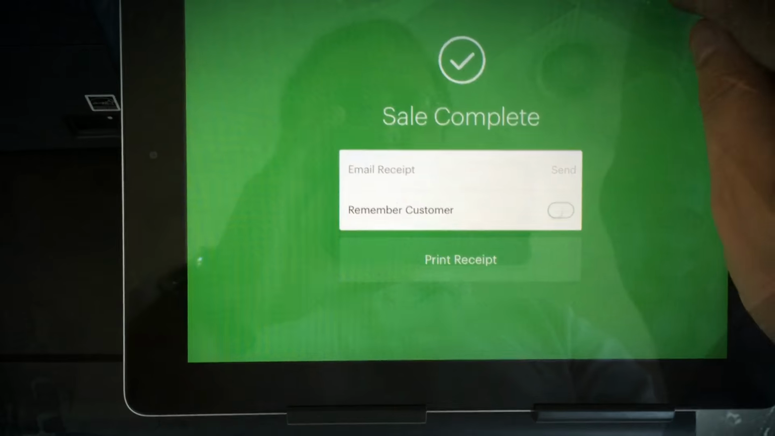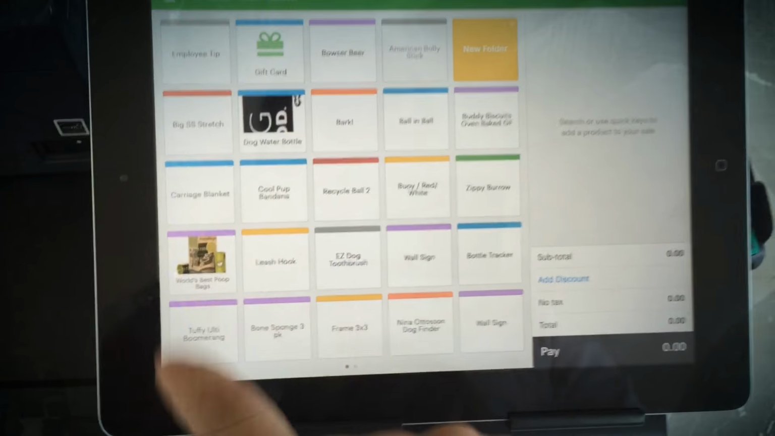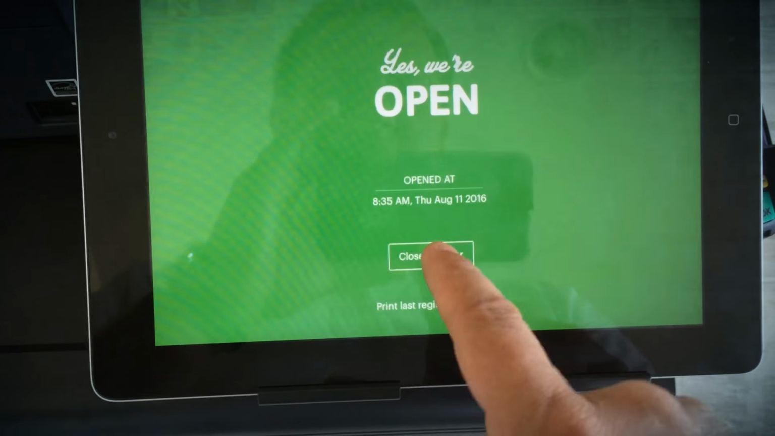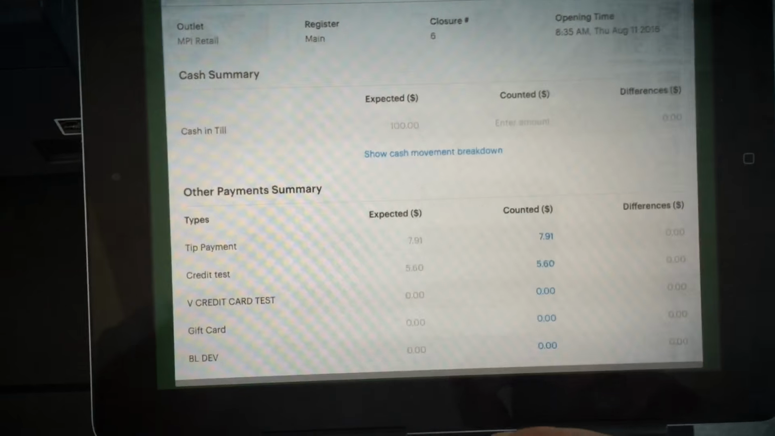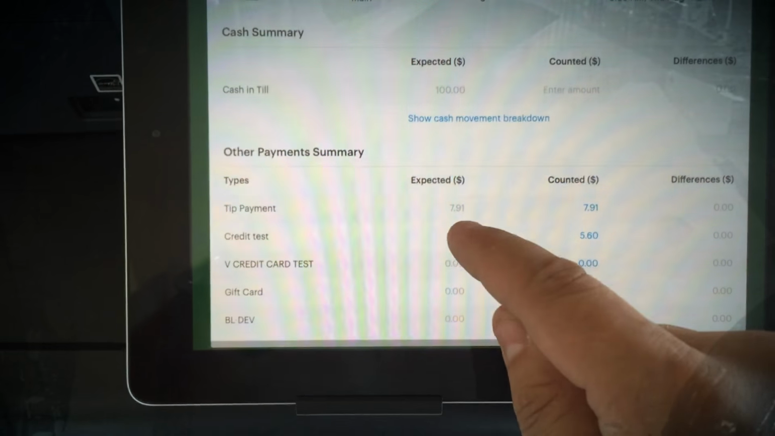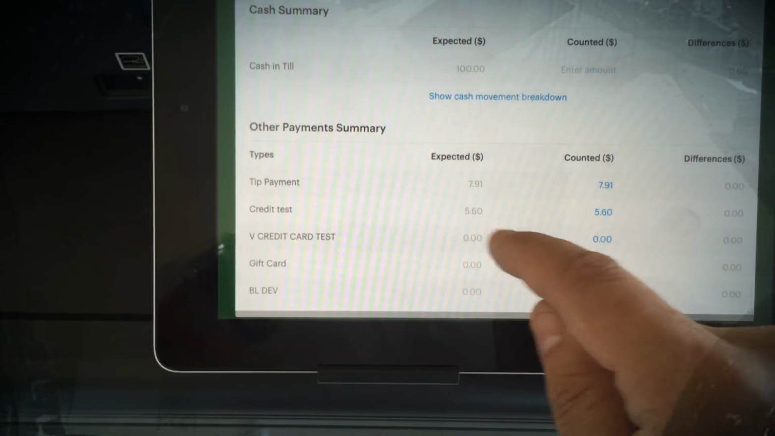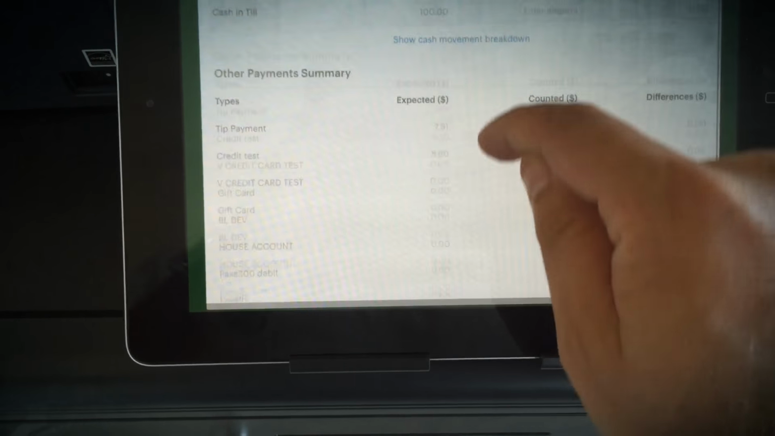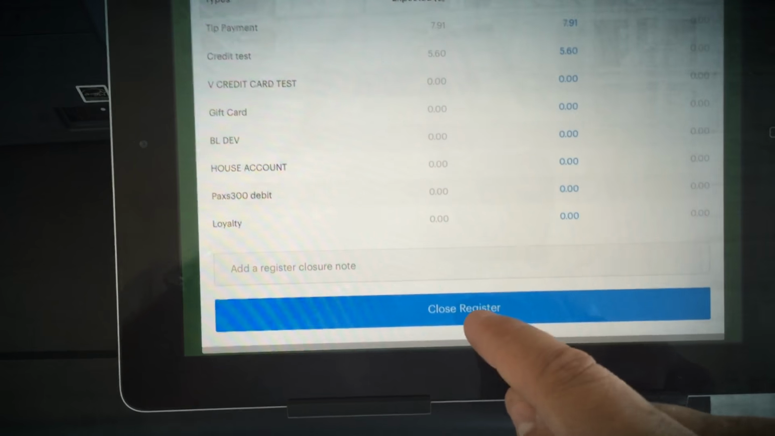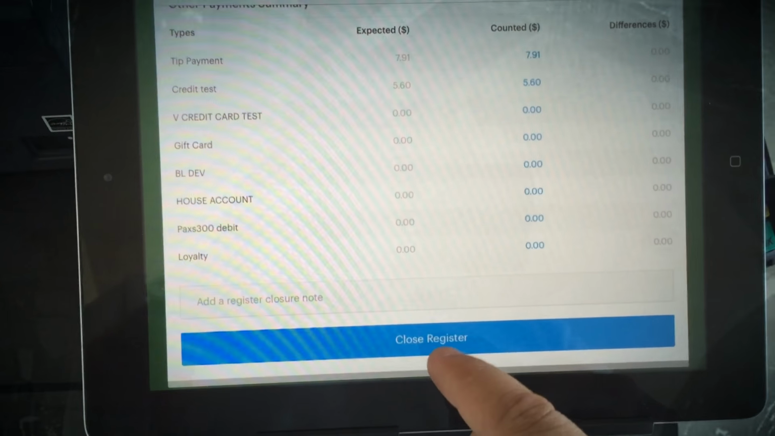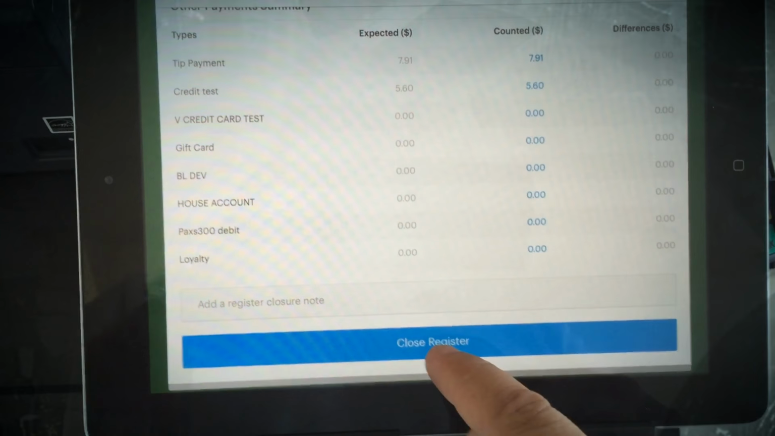And then the last thing we'll do is go ahead and close our register for the day. So when you go to your close, you'll see the reports. And on the reports here, the big thing is going to be your tip payment amount and your credit card total amounts. So these will show added in: what you're basically doing is tips and what you're basically doing is credit. And so when you do your reconciliation, you have to add them together, and that's your deposit for the day. If you have any questions, give us